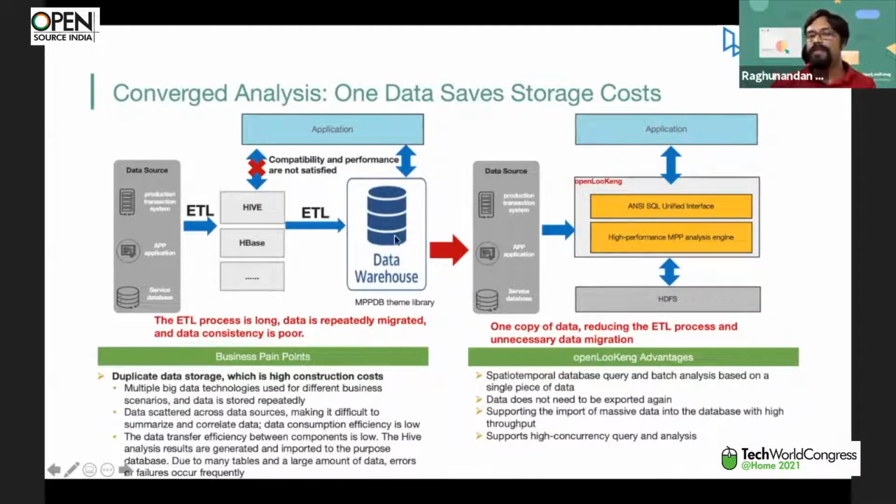This is something like your purpose database. For some specific purpose, you are trying to build this database, and you bring the data from here. So that means we'll be having multiple copies of this. When you bring Elasticsearch, you have to use Elasticsearch for your text kind of random queries, and Hive is